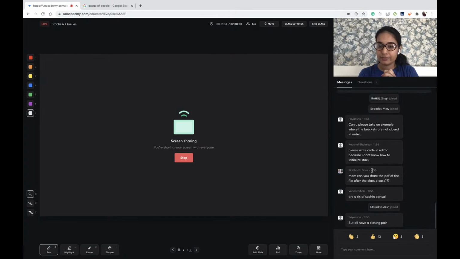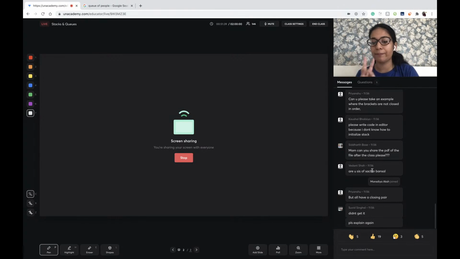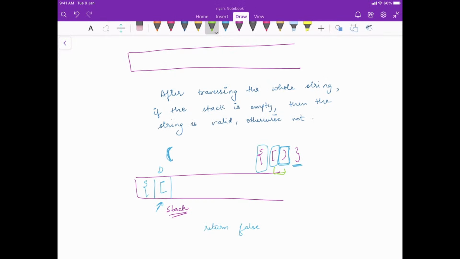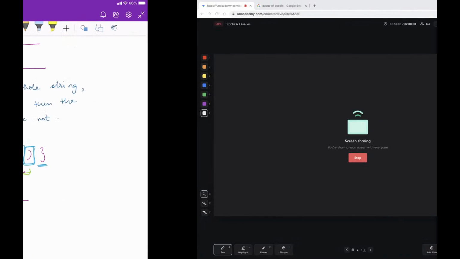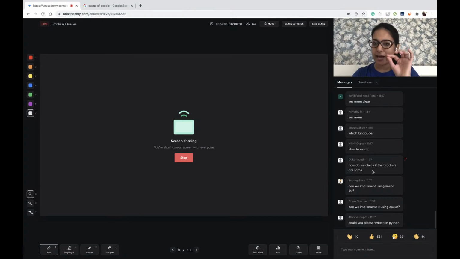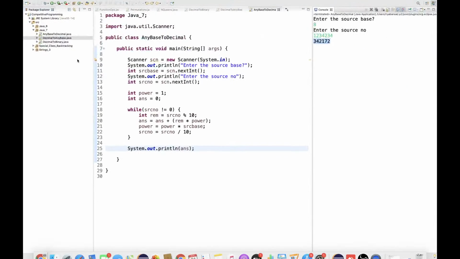Okay? Let's try to implement it. Priyanshu, but the closing pair is not valid, right? Just give a thumbs up, everyone, if we should go ahead and start writing it on the IDE also, and I will show you the implementation. Chalo, very good. Let's quickly see, if there are any small doubts, they will be cleared in the code.